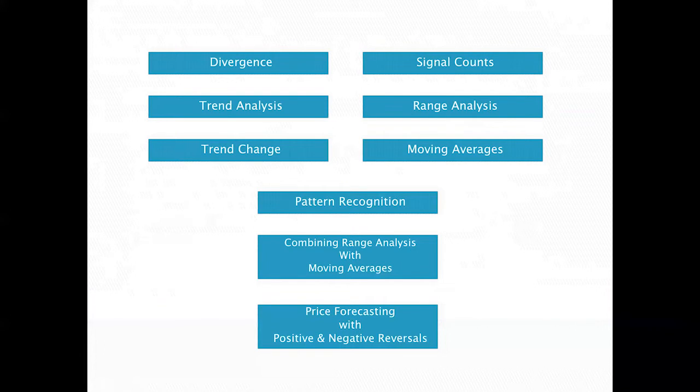What I'm going to share with you is that yes, it's used for bearish divergence, but bearish and bullish divergence are not reversal signals. They're only overextensions within the current trend. So we can look at divergence. You can use the RSI for trend analysis, patterns to identify trend change, signal counts, and the range rules. I use moving averages on my RSI as well as on the close. The pattern recognition section is identifying the patterns that tell you it's either a buy signal, a sell signal, or maybe a place to put a stop.